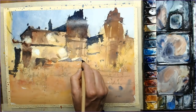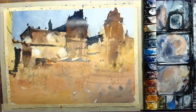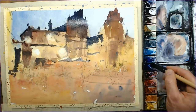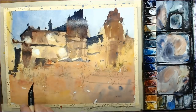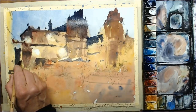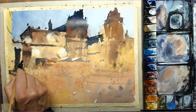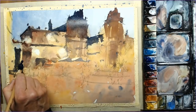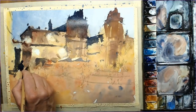This is the near side of the parasols, these umbrellas. And with this brush, I've got quite a nice point to it and quite a nice edge as well, with which I'll paint these figures in on the left hand side. Sometimes I might paint their faces in first of all, followed by their clothing, but these are silhouetted, so I'm just really almost in one fairly dark value painting in their silhouetted figures,